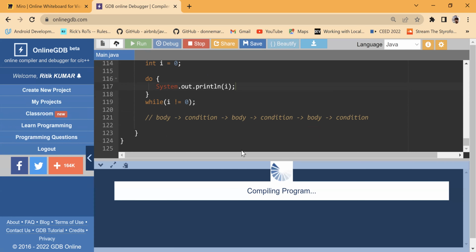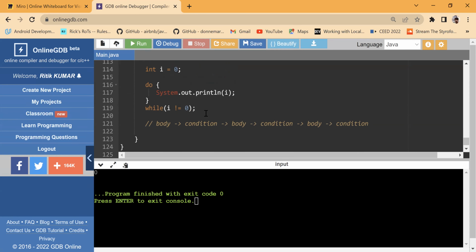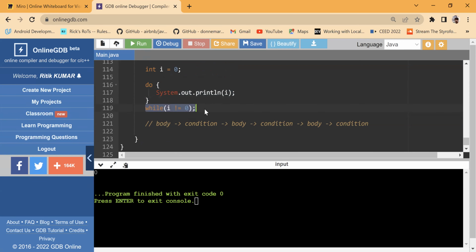So what I have done over here is, I have an I value. I am going to the loop, I am running the body, and then I have written the condition 0 not equal to 0. Even though the condition is false for the very first time, the condition was already false when I wrote it, but still the loop body ran once, and I am seeing the value 0, which will not happen if I write the same thing in a for or